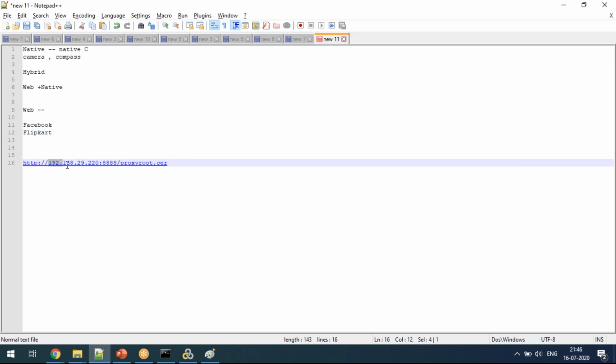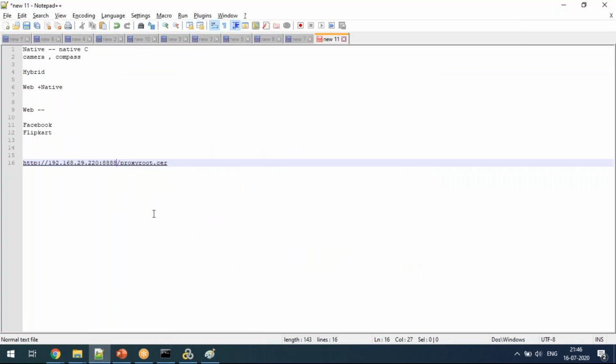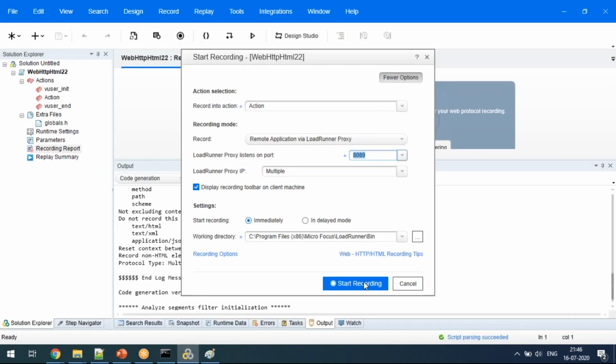Usually it is your machine IP, colon, the port on which you are launching your application, and then proxy root.server. In our case, what is mentioned? It is 8089, right? Yeah, 8089. So what you do, you copy this link, go here, and start the recording.